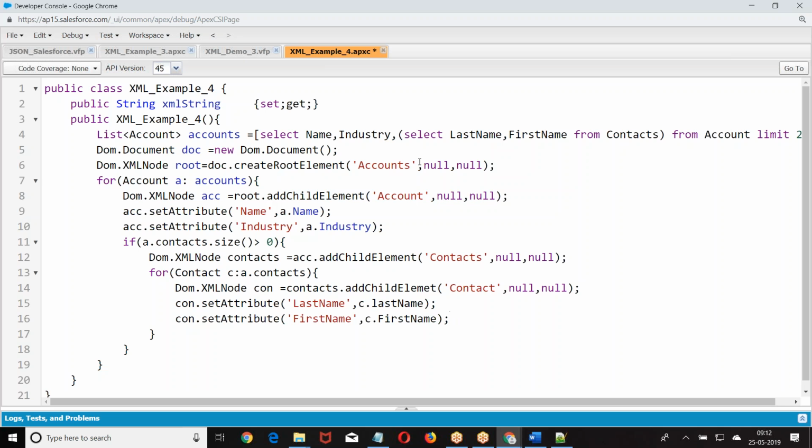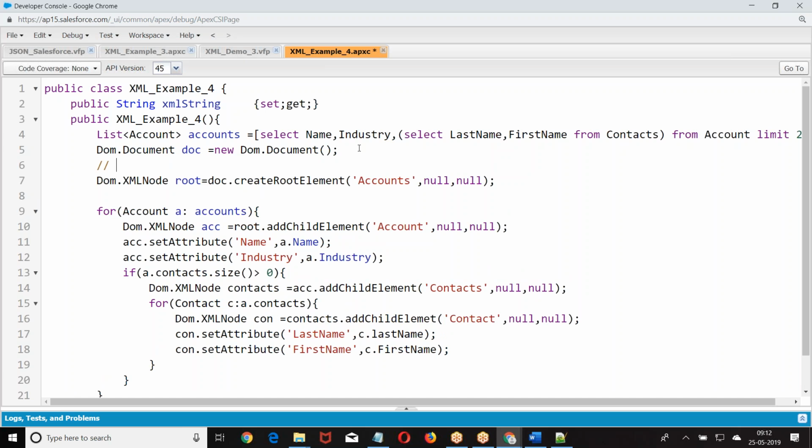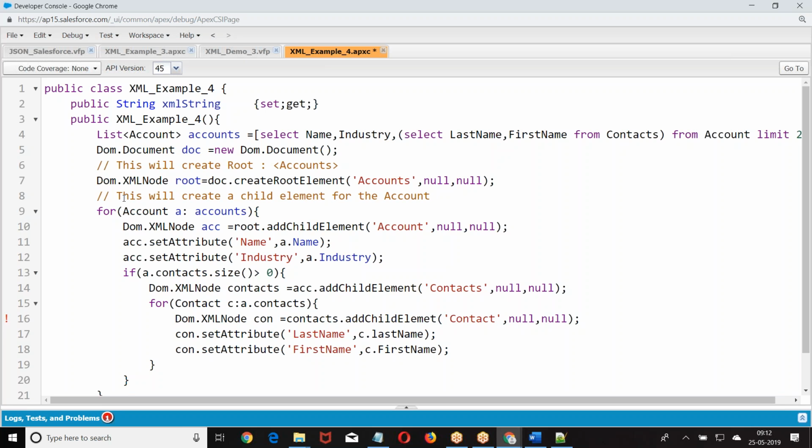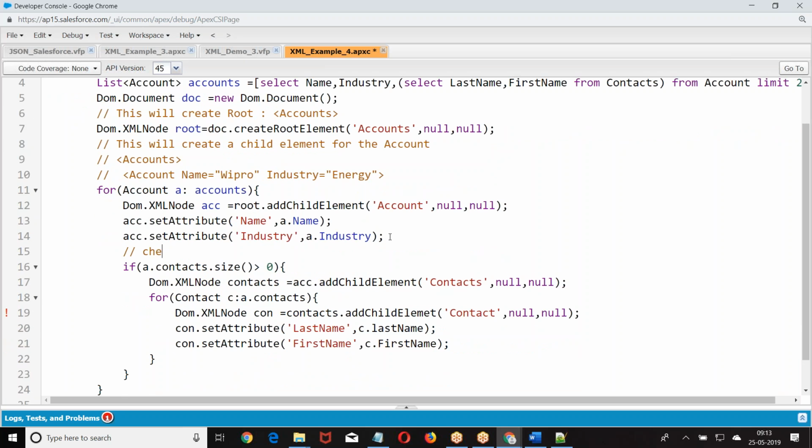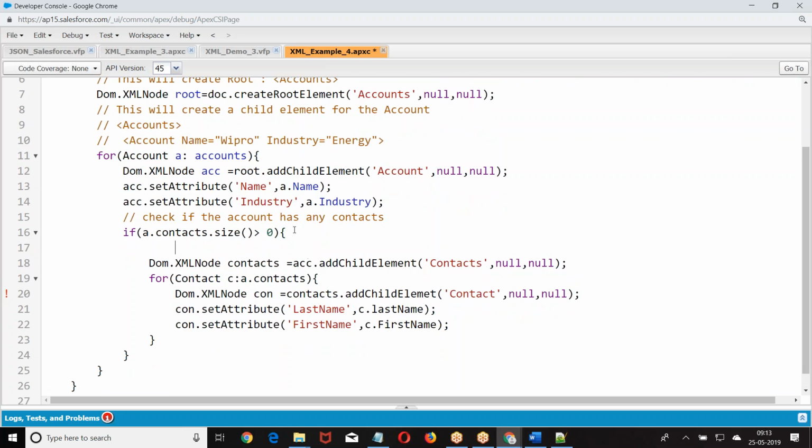So what we are trying to do: first I created a root element. This will create root. This will create child element. It's just a concept of parent child. If you understand how to add a child, the entire structure is the same. Parent child. So we are going to get accounts, name, some data we got. Then what is this one? Check if the account has any contacts. If any contacts are there, I was supposed to form